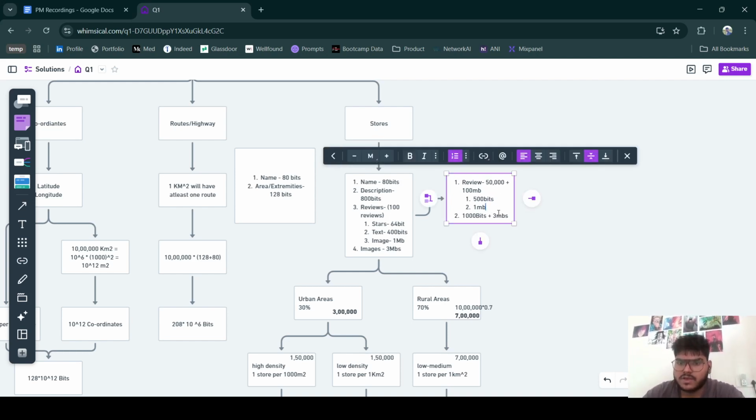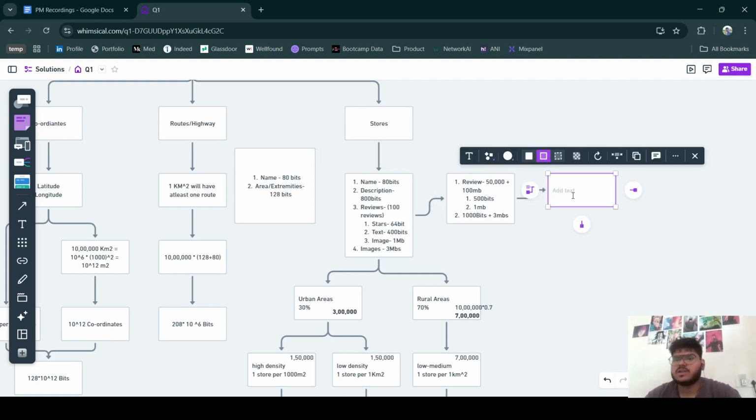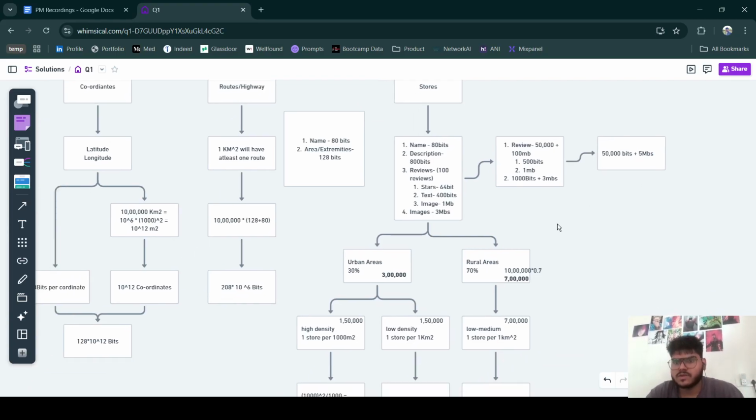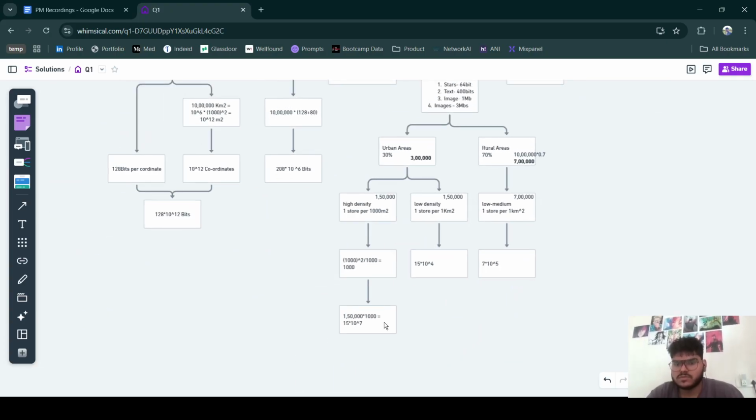So we're taking the assumption that it would be approximately around 50,000 bits plus 5 MB per store. Okay. So coming back to our final number,